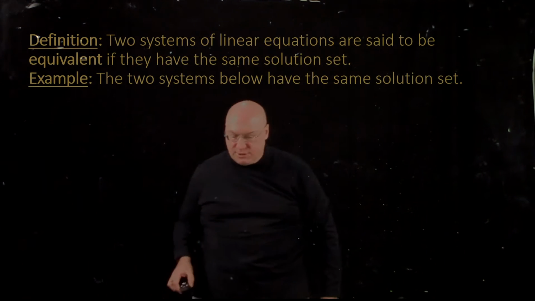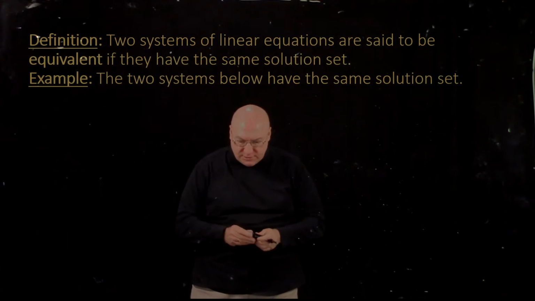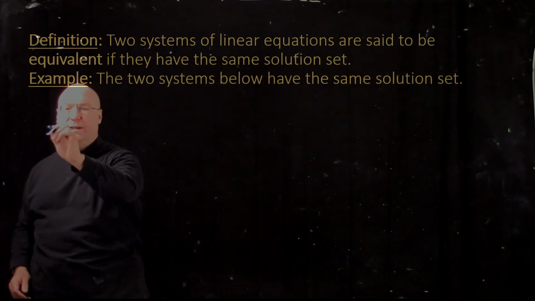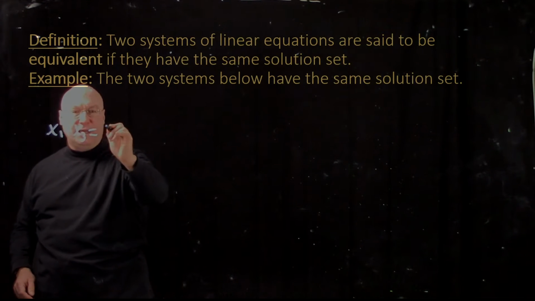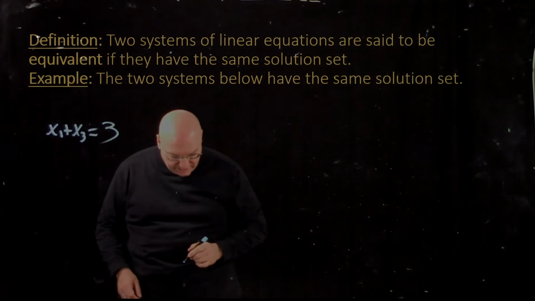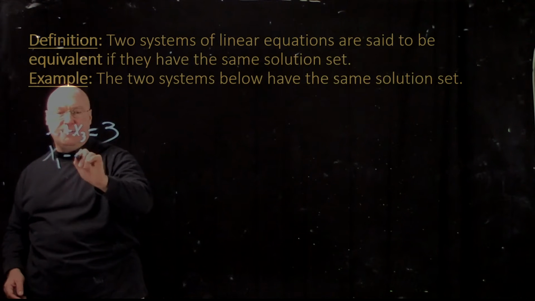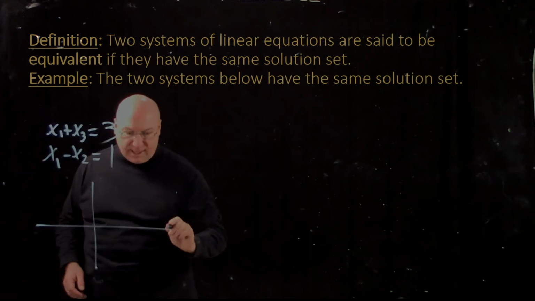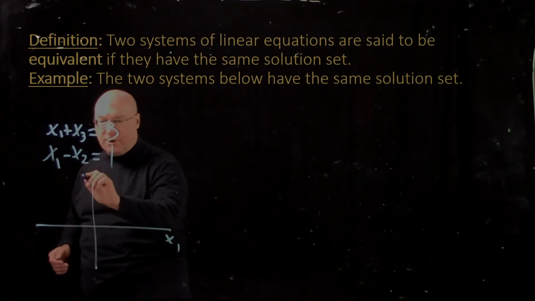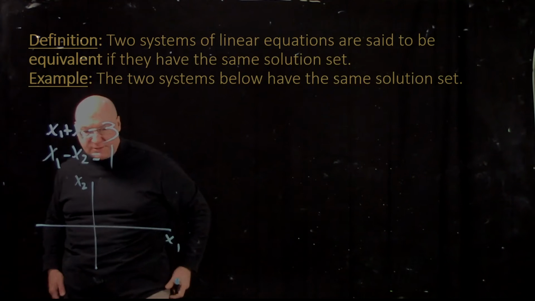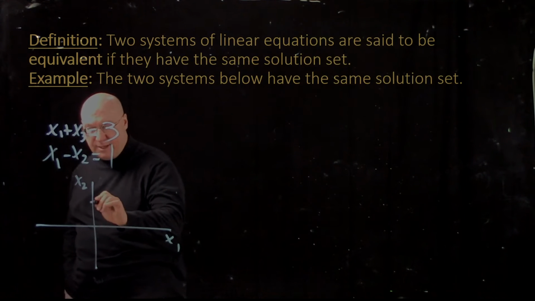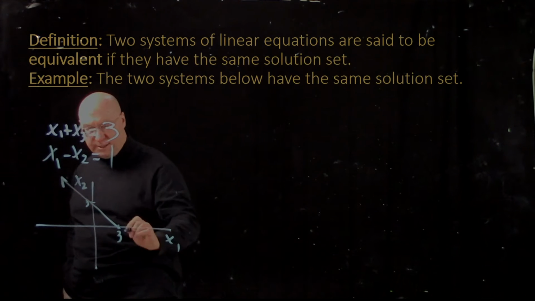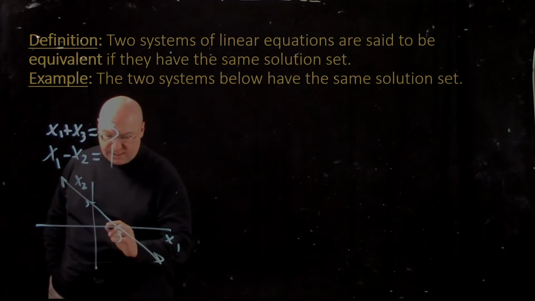Example: the two systems below have the same solution set. So what do I have here? I have the one I just had: x1 plus x2 equals 3, and x1 minus x2 equals 1. I could have left that one up, but I'm rubbing them out. I'm redrawing them because, of course, you have to redraw them in the different space you have there to do this. So I have, again, at 3 and at 3, I get that,